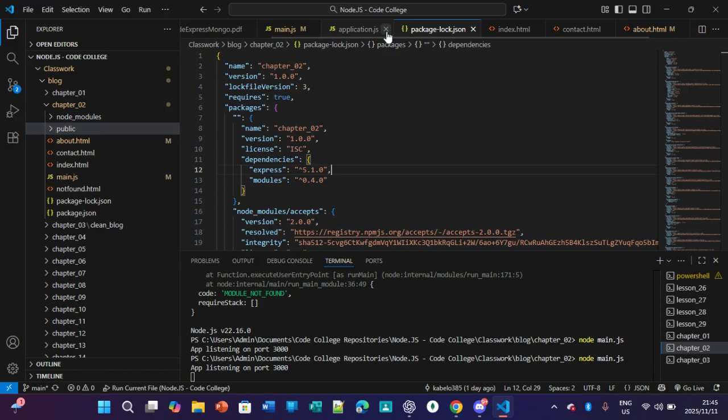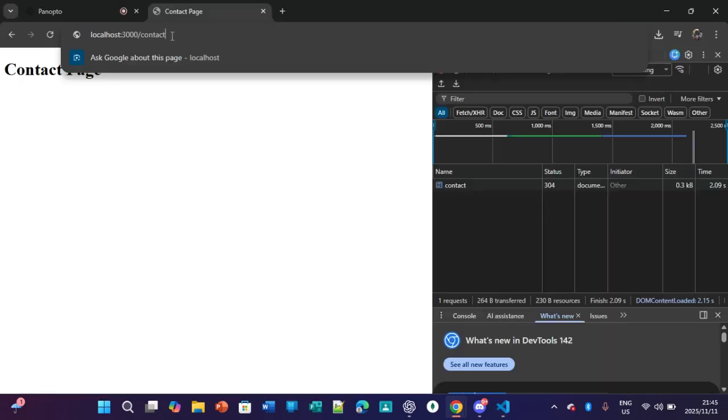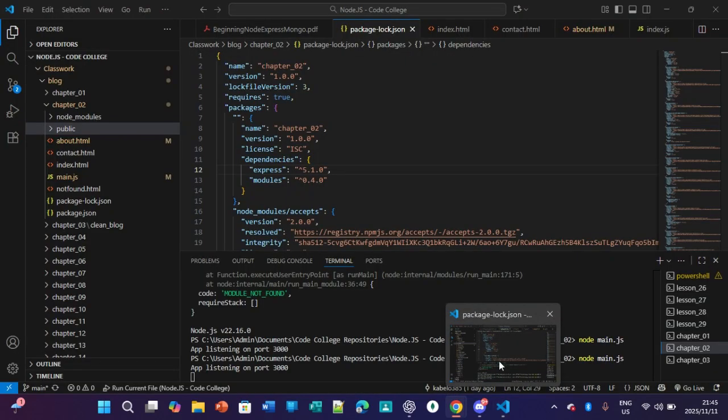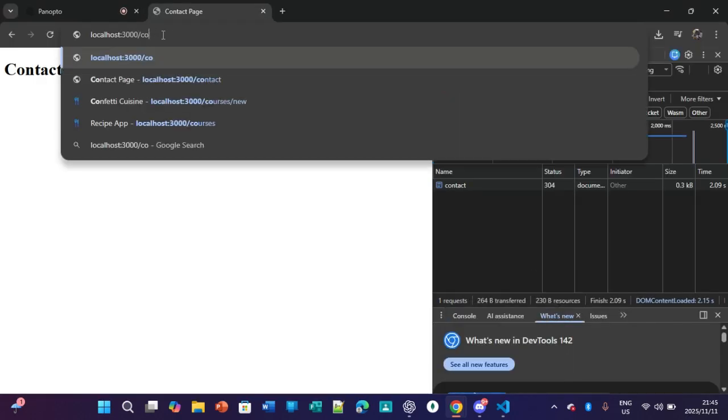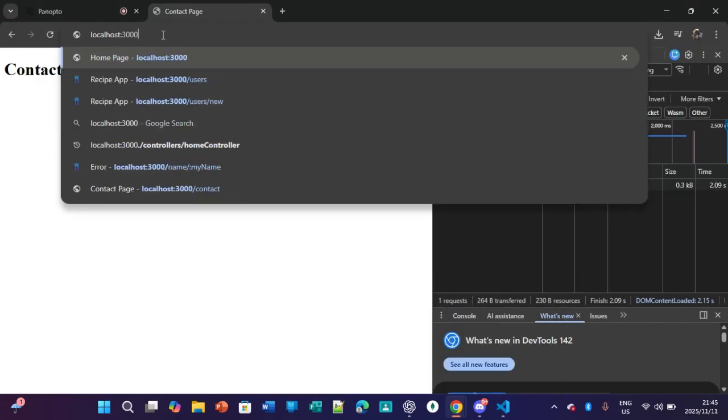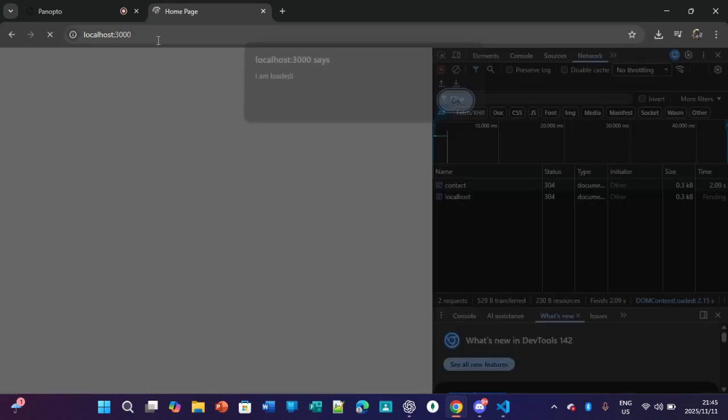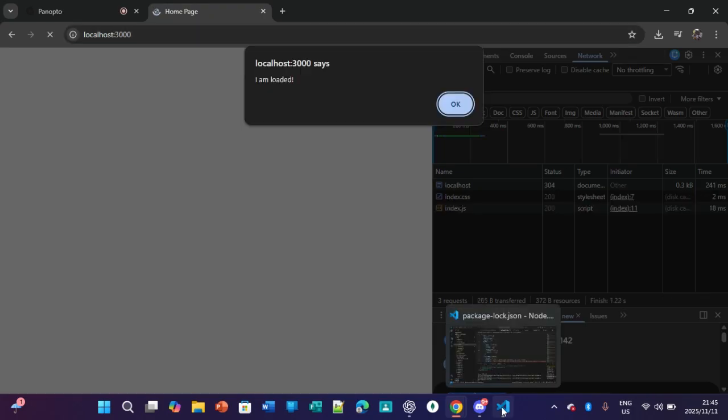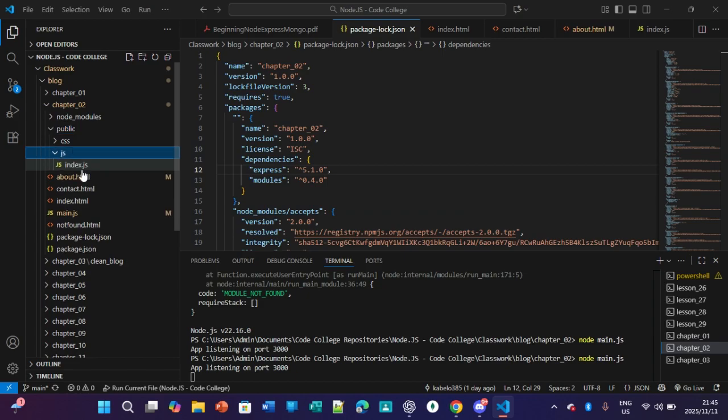And so that's what's happening there. So you've got a contact page, so on and so forth. Localhost, and we've got JavaScript which returns an alert that says I am loaded. So alert, I am loaded.